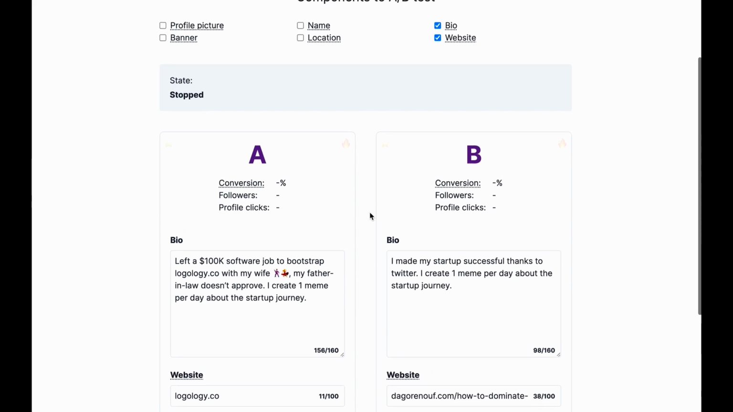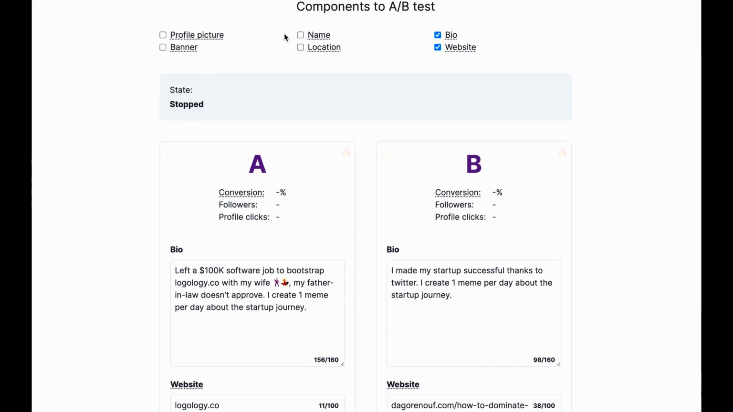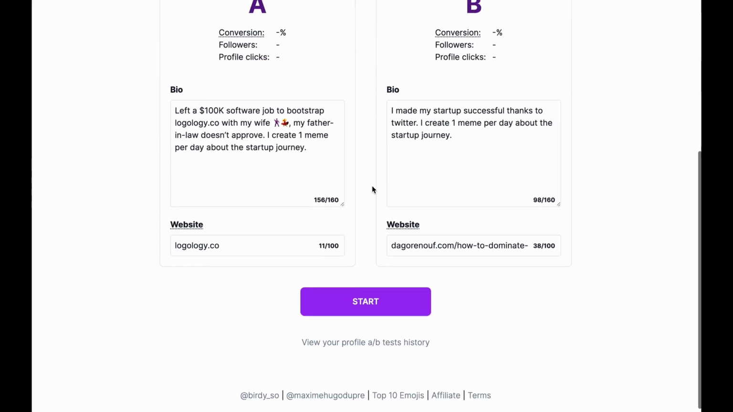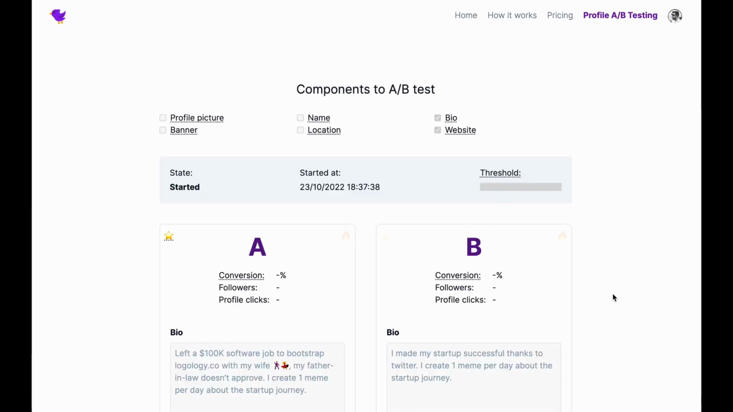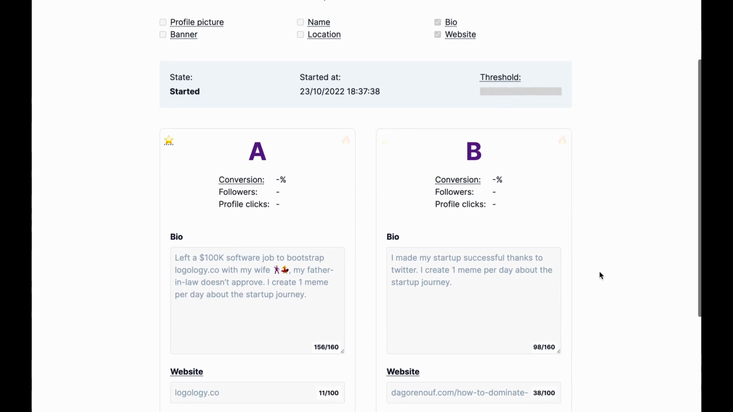I can also check different things like profile pic, banner, name, location. I can literally change almost everything. And then I click start. And once I do, what happens is if you go to my profile, you will either see version A or B. And over time, as more and more people check my profile, Birdie is going to gather data